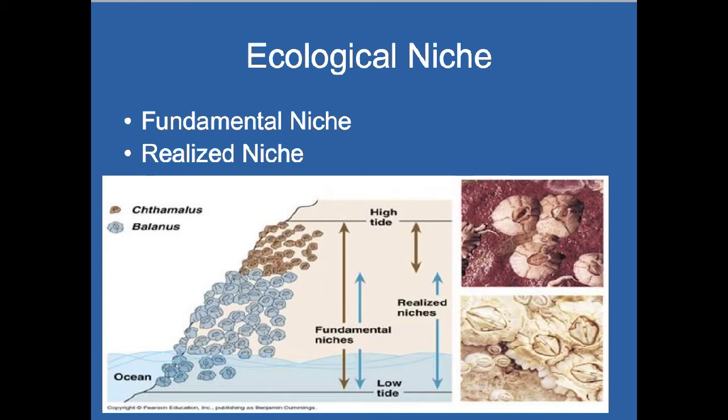And that might be because the blue barnacles cannot inhabit that high up, and that they outcompete the brown barnacles. So the fundamental niche of the blue barnacles is just here, and their realized is exactly the same as the fundamental, suggesting that the blue can outcompete the brown.